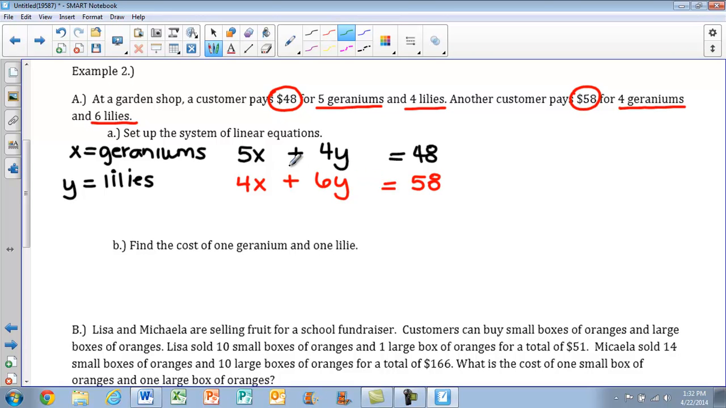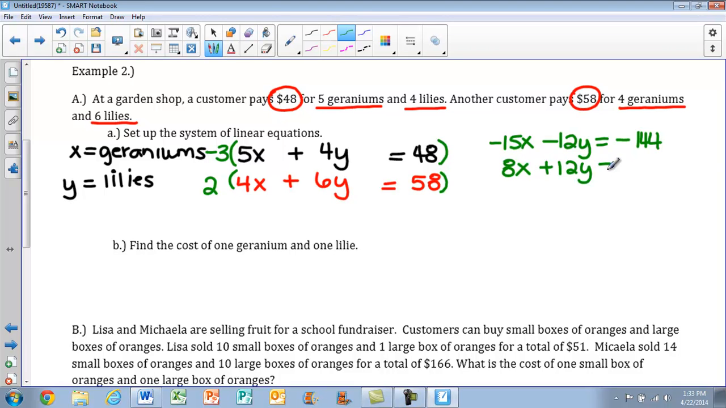Looking at mine, I think I am going to eliminate my y's here, so that I want both of these terms to be 12. Well, positive 12 and negative 12. So that means I'm going to multiply the top one by negative 3 and the bottom by 2. Now you need to make sure that you remember that you need to distribute this negative 3 to each term. So I have negative 15x minus 12y equals negative 144. My second equation, I'll have 8x plus 12y equals